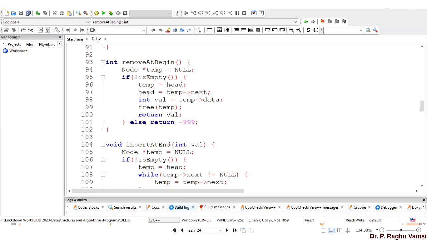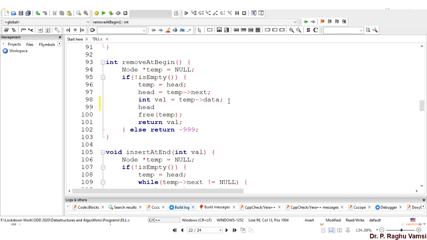So the initial value head is assigned to temp, then head is equal to temp next, then int value is equal to temp data. Then here we should set head previous is equal to null, because we have moved from the first node to the next node and made the second node the head node.